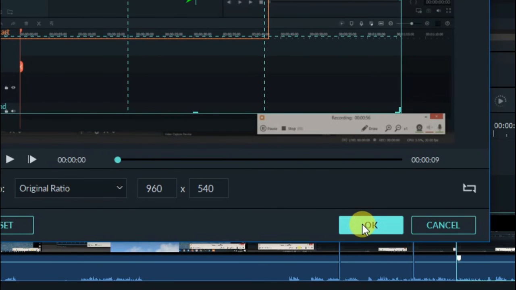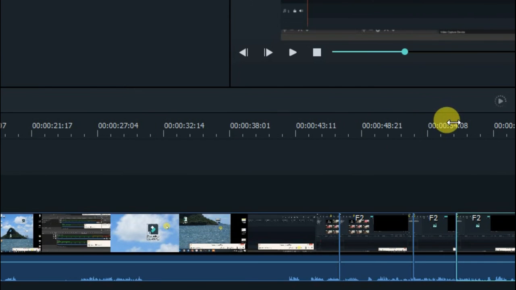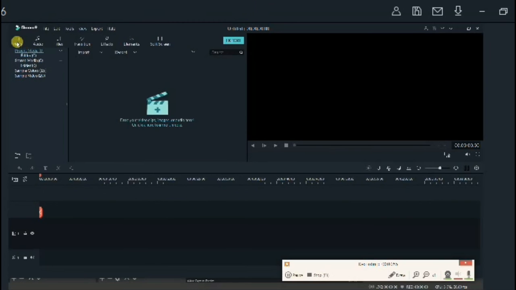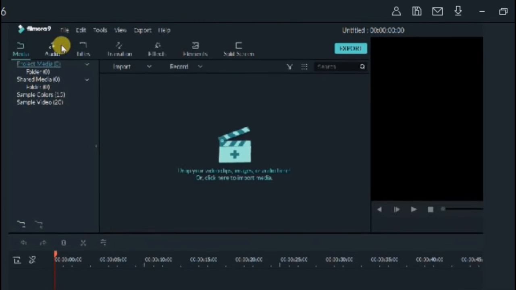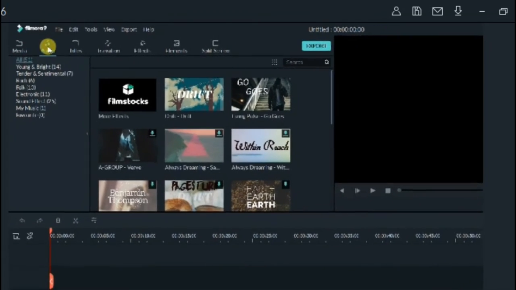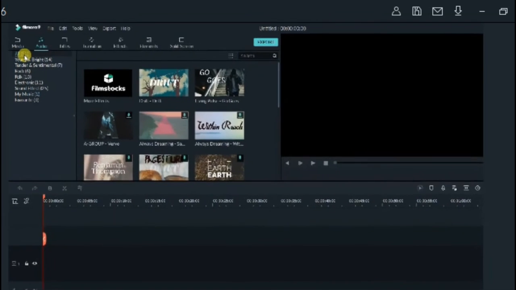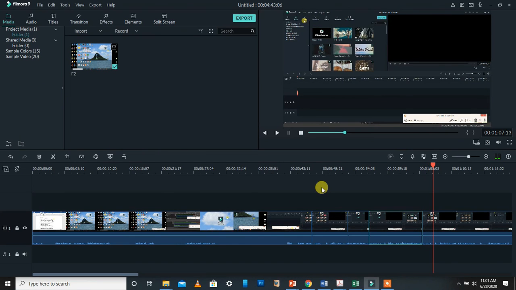Okay, so if you are satisfied with this, hit OK, and now just see how this part will play with the remaining part. If I start from here, we can see now it has first started from the zoomed portion and now it is coming to the unzoomed part. So this is the way we can use pan and zoom command from larger portion to smaller portion, or from smaller portion to larger portion. I hope you understood how to use this pan and zoom command.